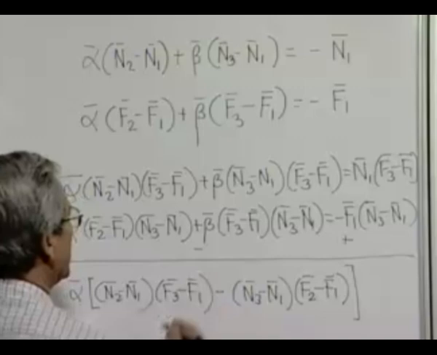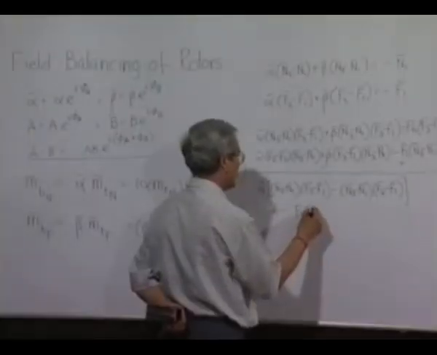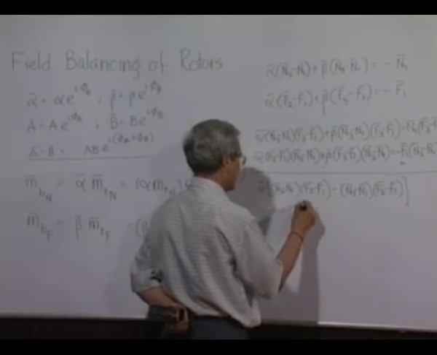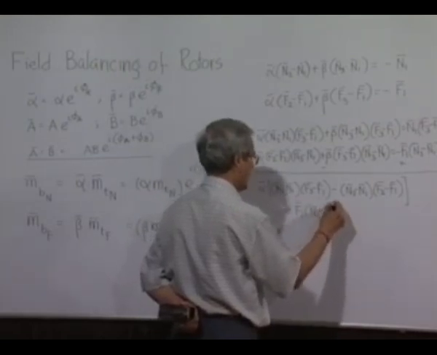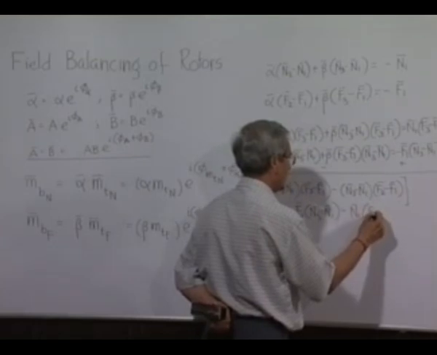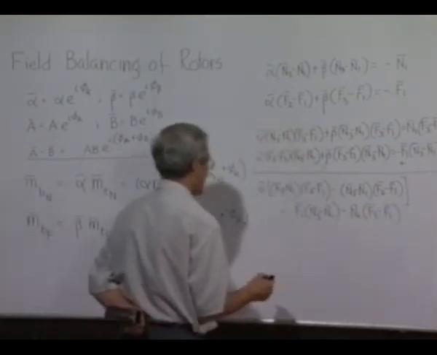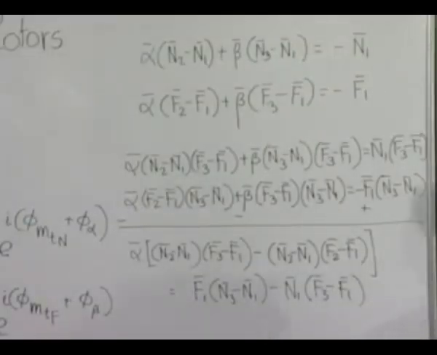This cancels, is equal to F1 into N3 minus N1 minus N1 into F3 minus F1. So, finally, we get alpha vector as